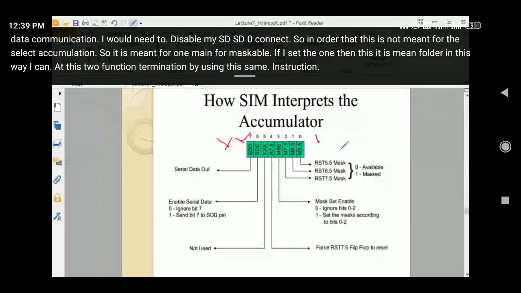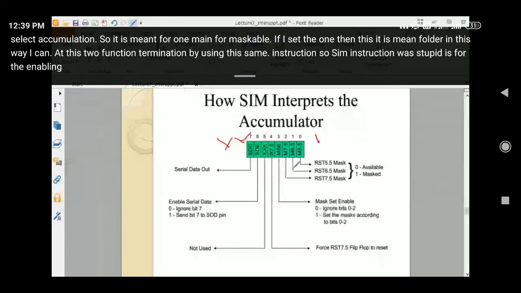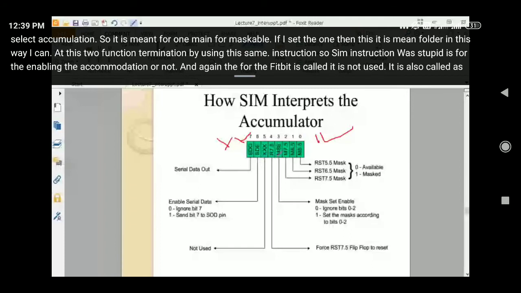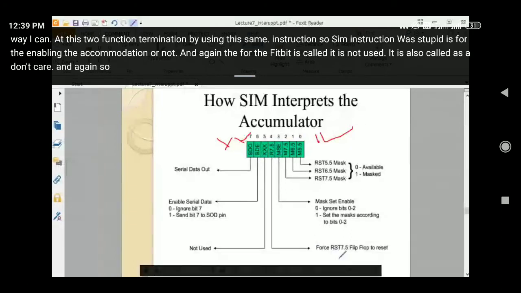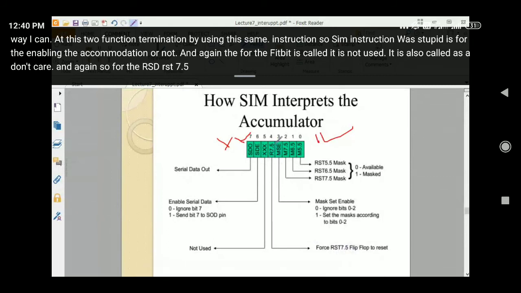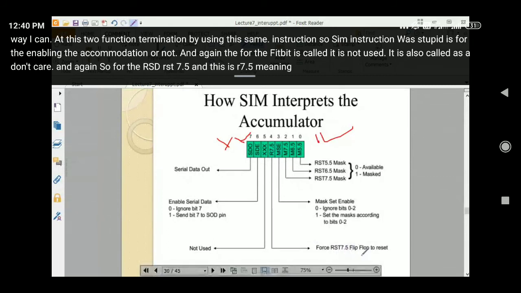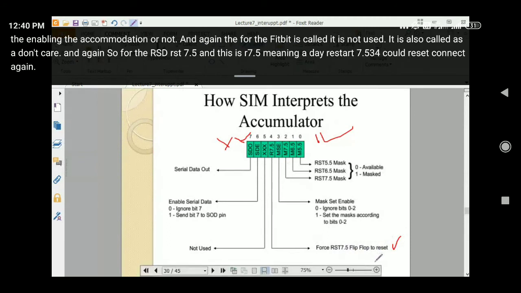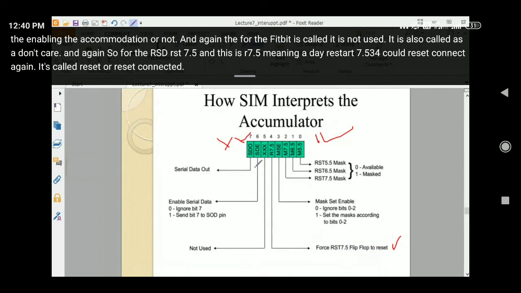So in the SIM instruction, the first two bits are for enabling the data communication or not, and the fifth bit is not used. It is also called don't care. Again, R7.5 means resetting the restart 7.5 flip-flop, and to reset it I use this bit.